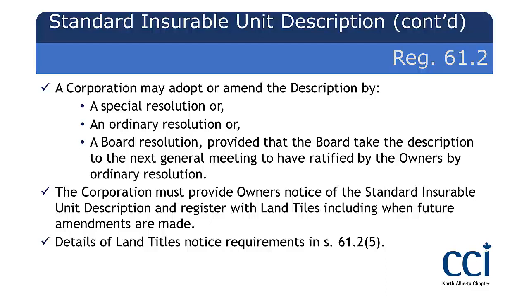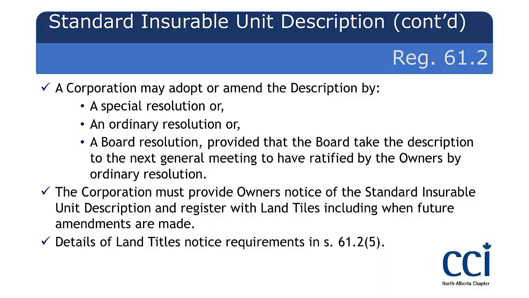If you cannot get the special resolution, you could also do it by ordinary resolution or by board resolution, provided the board takes the description to the next general meeting to have it ratified by the owners